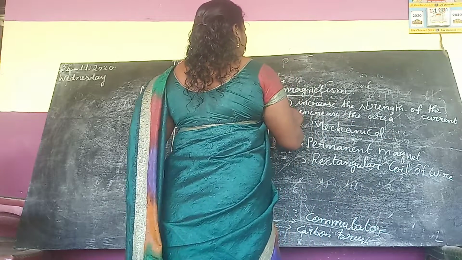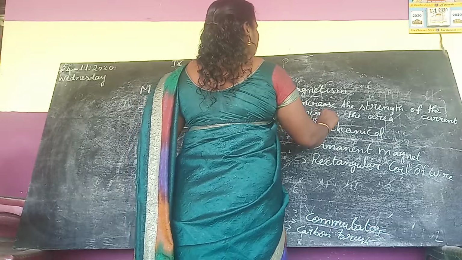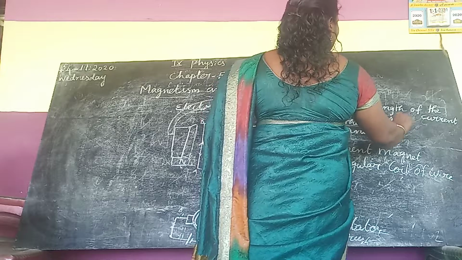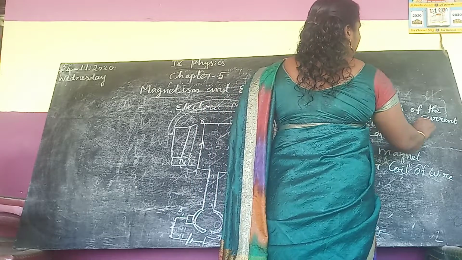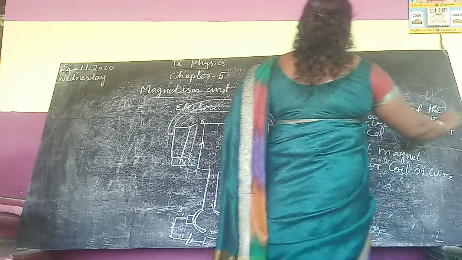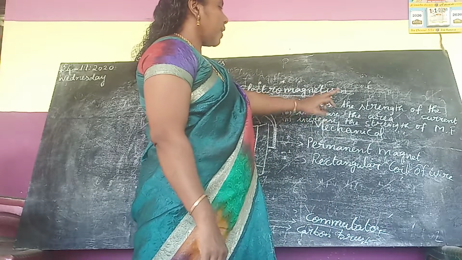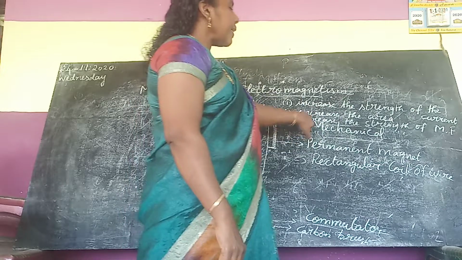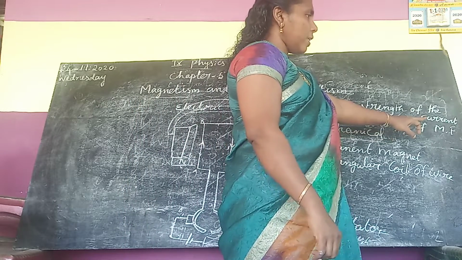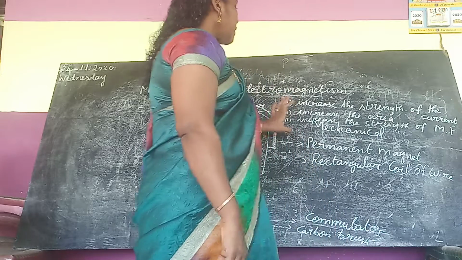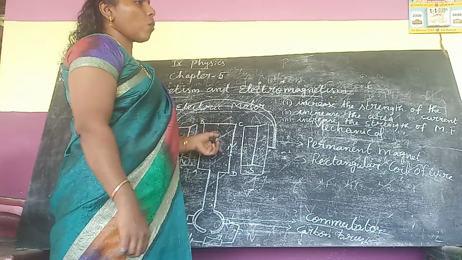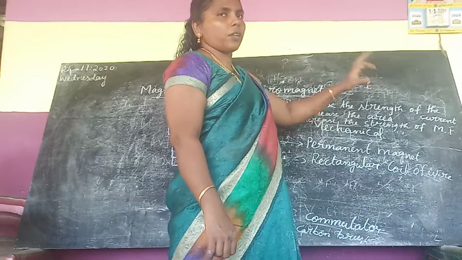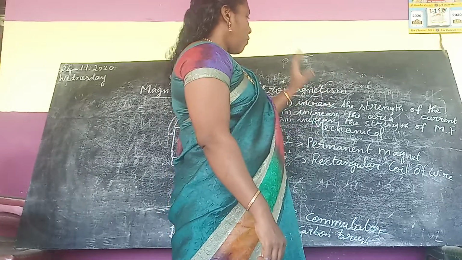Next one, increase the strength of the magnetic field. See, first increase the strength of the current. Second one, increase the area of the coil. Third one, increase the strength of the magnetic field. Next one is increase the number of turns of the coil. Okay, number of turns of the coil. Because of these four reasons,